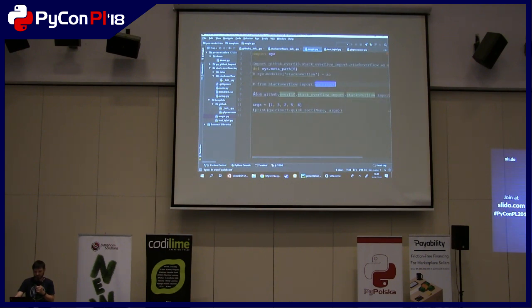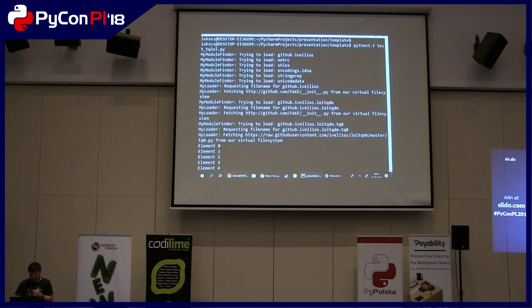So from our module import query, we will get an array to just sort it, and then we will sort it. So what we do now,